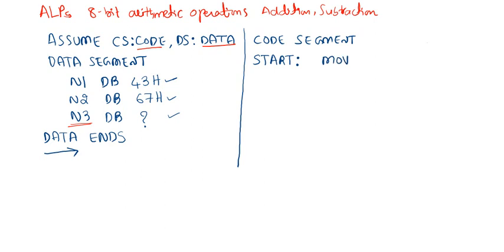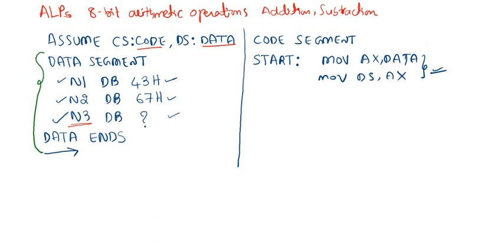Here you need to use two instructions: mov ax, data and mov ds, ax. Why are we using these two lines? In almost all programs, these two lines are required. In this program we need to add two numbers available in the data segment, with variables n1 and n2, and store the result at n3. So that means you require this data segment.